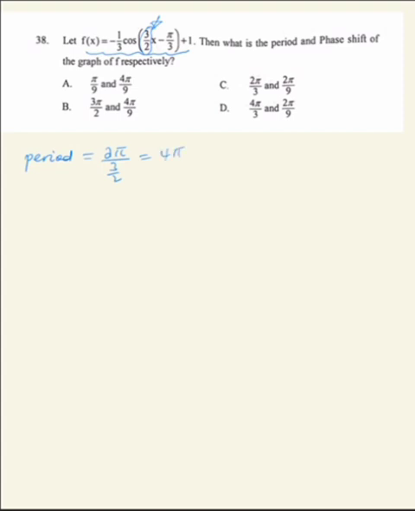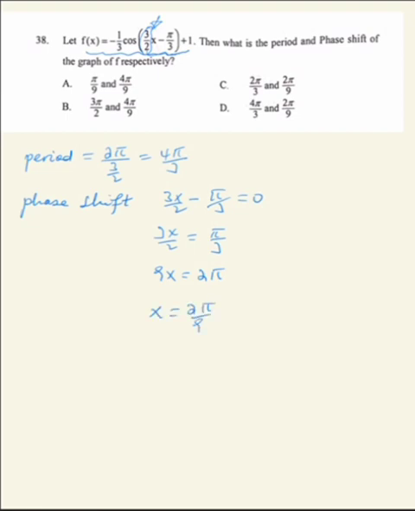4π over 3 ሆነ ማለት ነው ኦኬ ሌላኛው የተጠየቅነው ለዚህ ፋንክሽን ፌስ ሽፍት ነው ኦኬ ፌስ ሽፍቱን እንዴት ነው ካልኩሌት የምናደርገው we evaluate 3x/2 minus pi/3 for 0 ይሄንን ለዜሮ ሶልቭ እናደርጋለን so ይሄ ምን ይሆናል 3x over 2 is equals to pi over 3 so 9x is equals to 2 pi the result will be x is equals to 2 pi over 9 okay for phase shiftaችን 2 pi over 9 ሲሆን periodችን 4 pi over 3 ይሆናል ማለት ነው therefore the answer for this will be